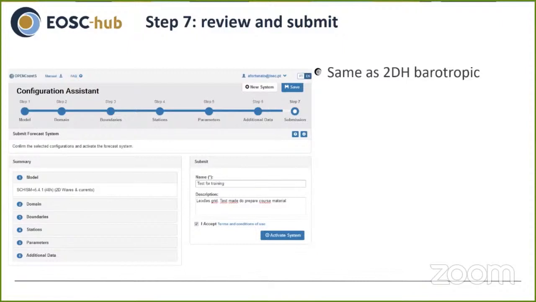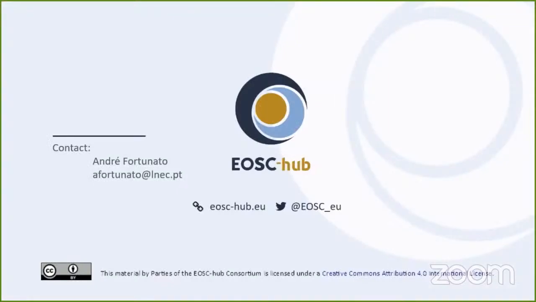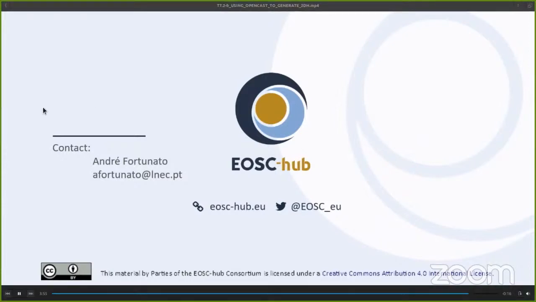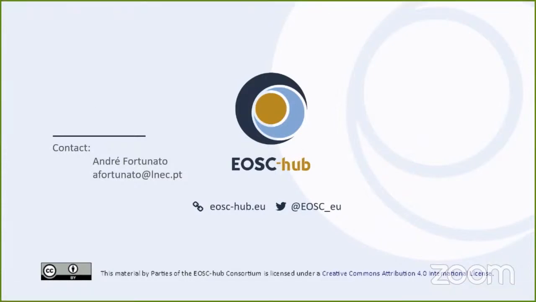As you saw, there is some additional complexity in OpenCoasts when you include waves, but overall it is still reasonably easy to use. So thank you for watching this tutorial, and I hope that you enjoyed it. At this point, you can try to use OpenCoasts yourself, or you can watch a video of me doing it. Once you are comfortable with the 2D options, you can move on to the third tutorial of this series on 3D baroclinic circulation.